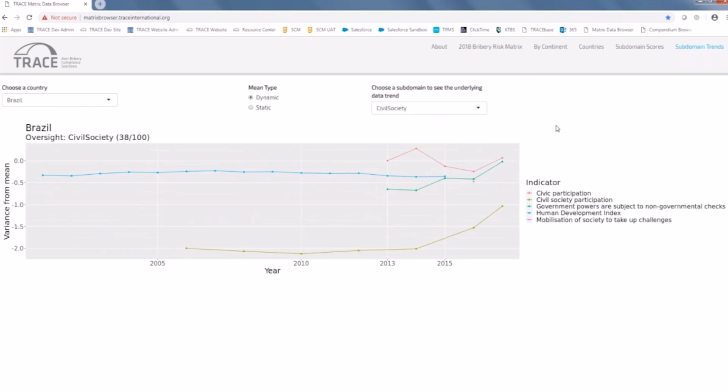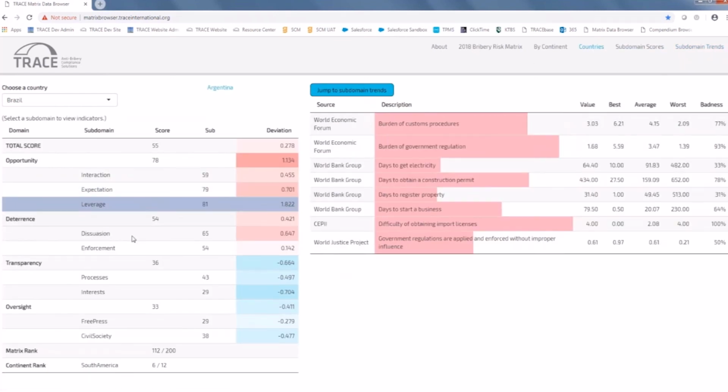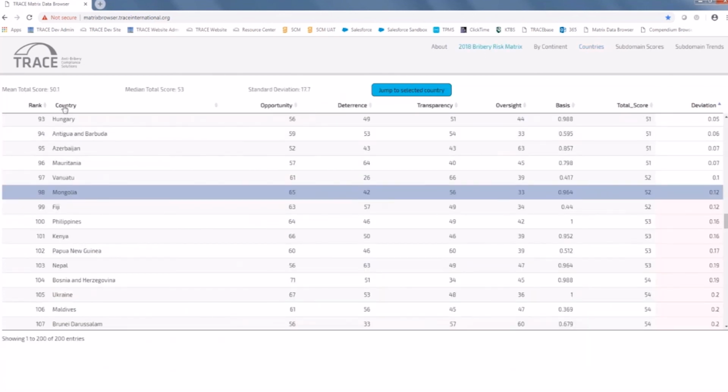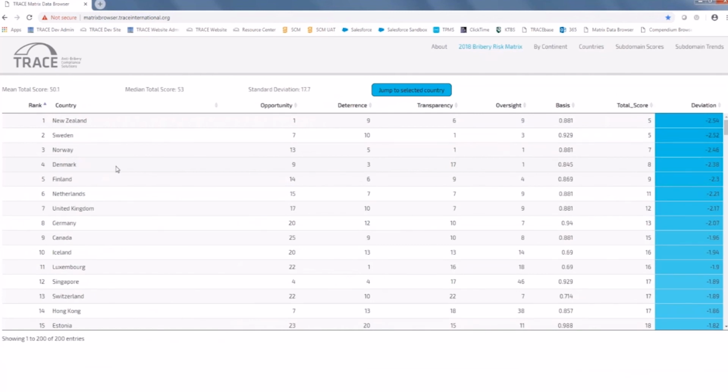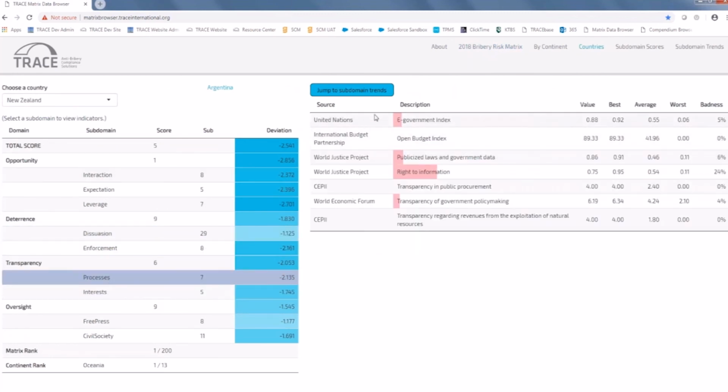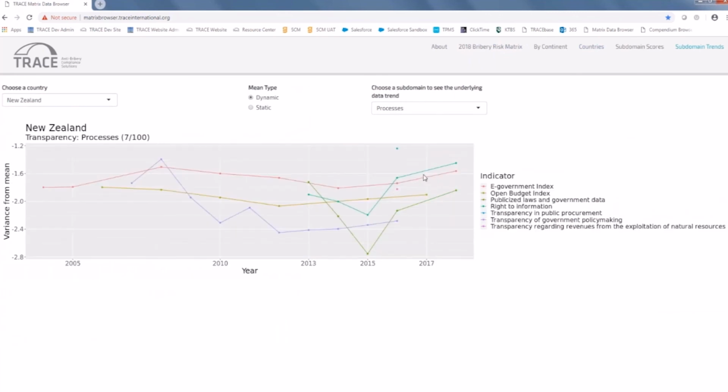So this is something that, again, go to matrixbrowser.traceinternational.org and please start playing with it yourself. Take a look. See what each country's profile looks like. Really try to understand what it means. Don't just take sort of the initial ranking as somehow containing some sort of gospel truth. Take a look at the country, understand where the numbers are coming from, understand what has happened to the numbers